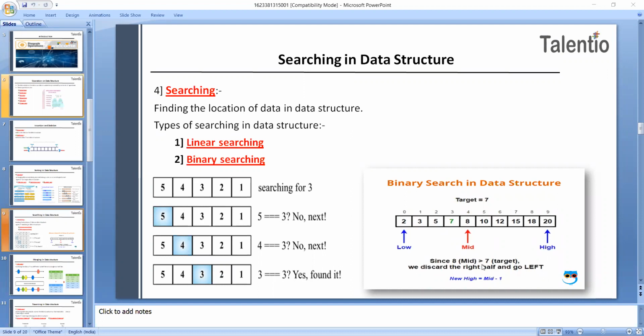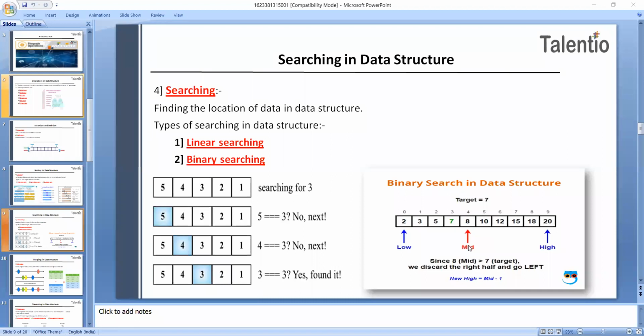If it is greater, now you can see, this 8 is greater than 7. So you will just search from the left hand side. Just start searching the element from the left hand side. Otherwise, you will search the sub array to the right of the middle item. This process continues on the subarray until the size of the subarray reduces to 0, or until you get the targeted item.